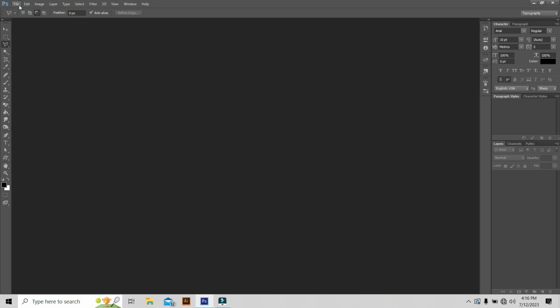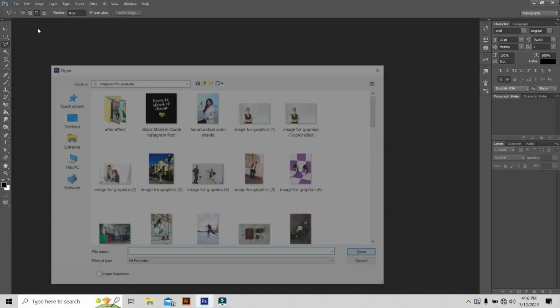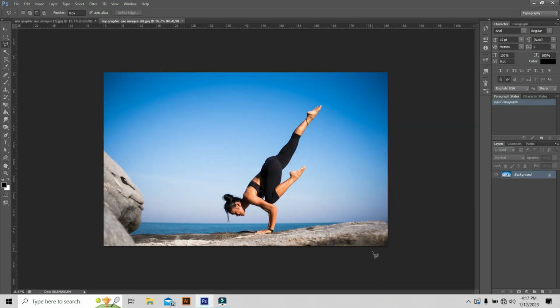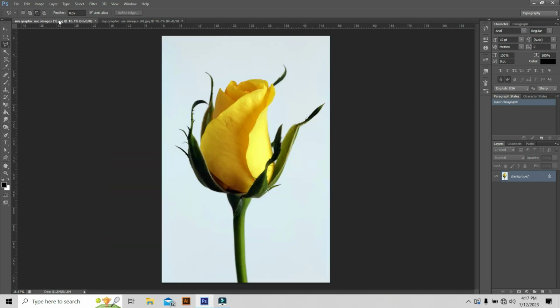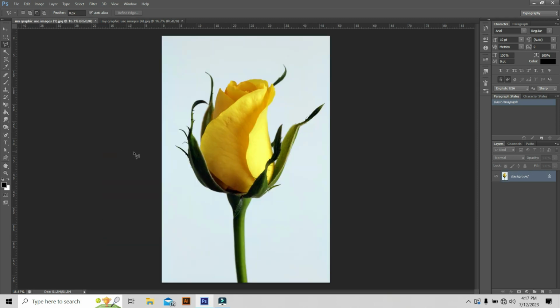Open some image from your image library. I'm going to open this image and this image. You also open some image and do your practice with me together. Today, here is a beautiful girl doing exercise like yoga, and I have another image, the rose flower. I'm going to arrange this rose flower in here just for the lesson. So what I do first, I'll select my rose flower and select the zoom tool